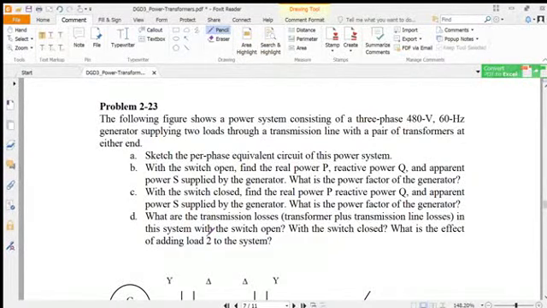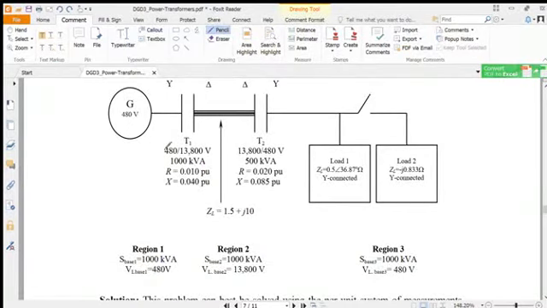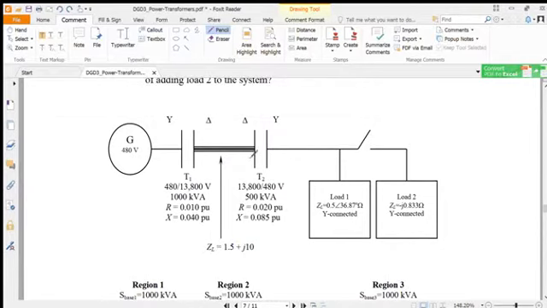Our third example here is a three phase circuit. The circuit diagram is given here. What you see is a generation unit and transformer 1, definitely a high voltage transformer. The kVA rating is given here, and there is region 1 and region 2. What you see is nothing but a transmission line, and there is another step down transformer, and two parallel loads connected there